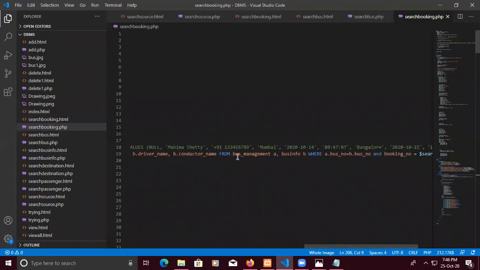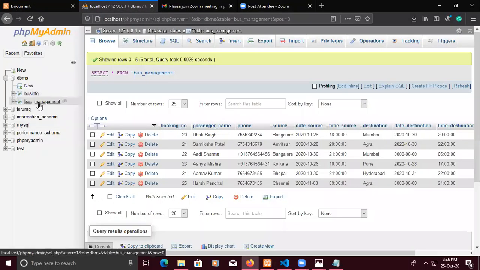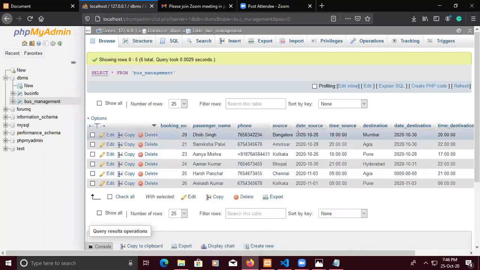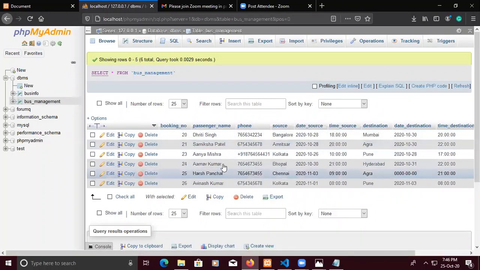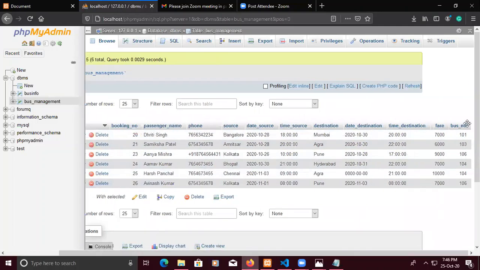Here it is from bus management A and bus info B. Let me show the database also. This is bus management, this is bus info. In bus management, in the backend, I have the booking number, passenger name, phone, source, everything, the passenger details. And from the bus number, it joins with the bus info.